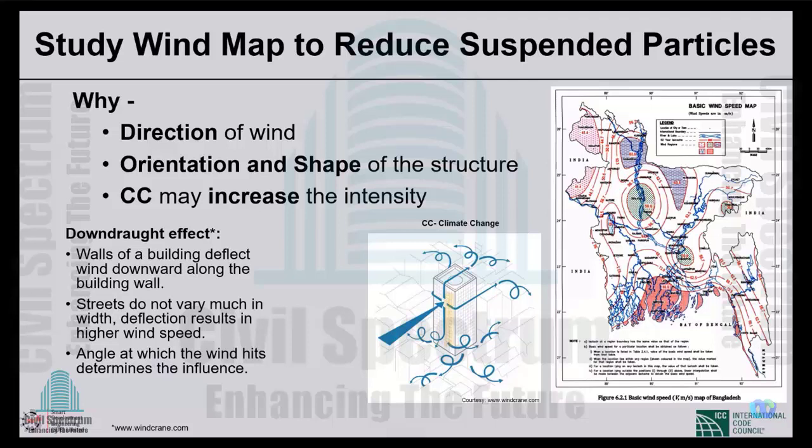Since the road's cross-sectional area is fixed and the wind is coming from a higher area, it gets deflected and enters the lower cross-sectional area, so the velocity of the wind increases. Hence, the dust on the roads will be lifted by the wind, and the environment will become dusty. That's the thing we're talking about. If you can place a building and select an orientation such that the wind hits the building at an angle, these effects go down and the air becomes cleaner.